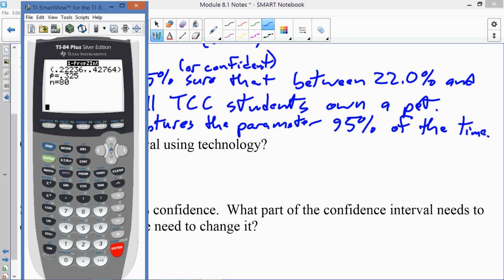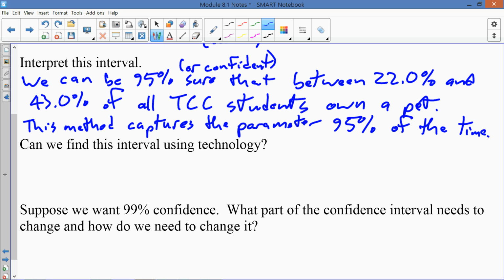Hit calculate, and I got a slightly different answer, okay? And I'll explain why I get a slightly different answer, but that's okay. It's quite close to the answer, within 0.2%. So that's not a big deal. So let's write the directions here, so that you can go back and rewind the video to watch what I did. So I hit the stat key,